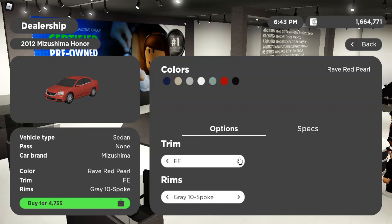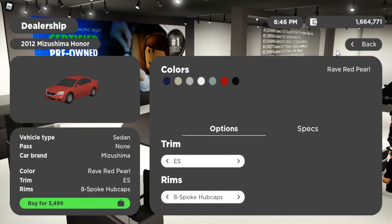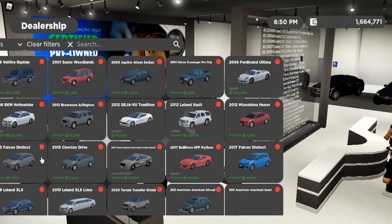Yeah, overall not that bad. This is a good cheap car if you're looking. Actually, I don't think that's an Acura. I'm not sure what that is. Let me know. That's a Mitsubishi. Yeah. And then we have a new designed